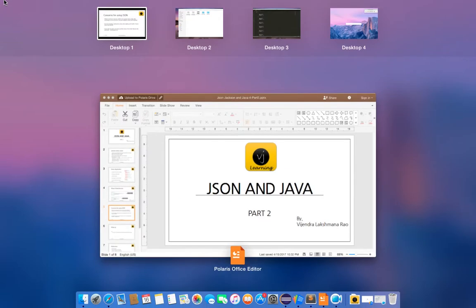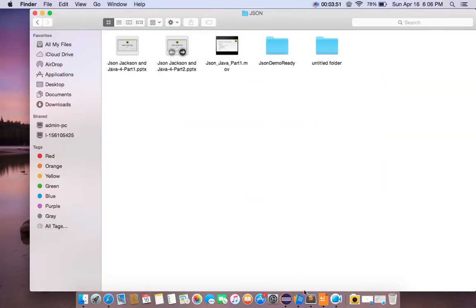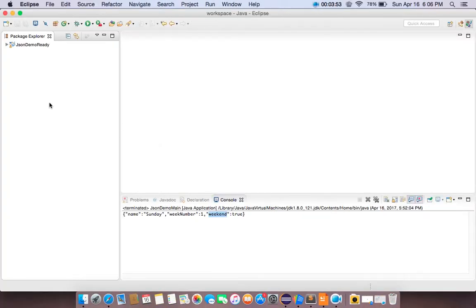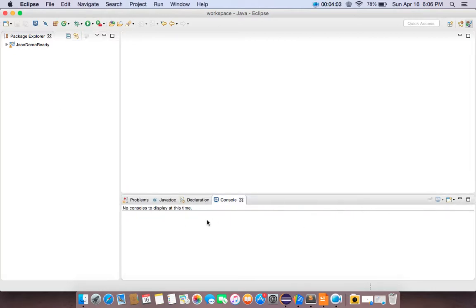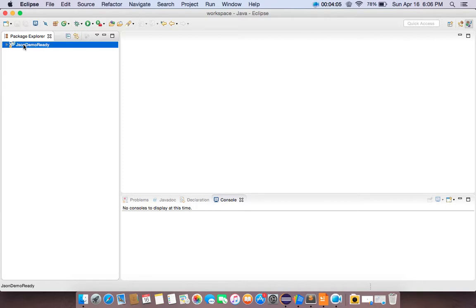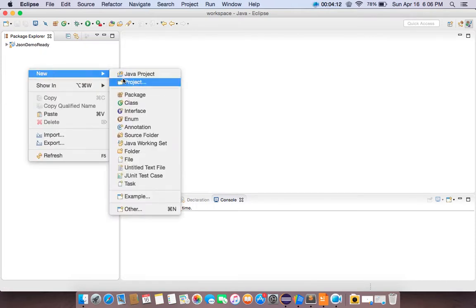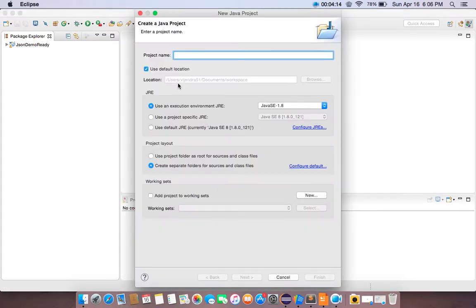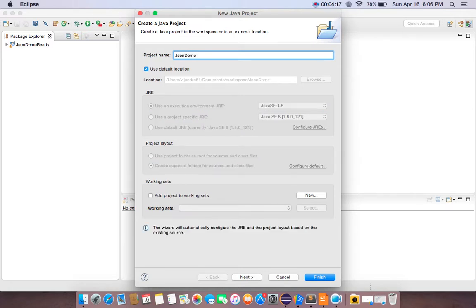So let's quickly move on to the application. Okay, so I'm going to clear the screen here. As you see, this is a ready project, so we're going to go through that as well. But before that, we'll quickly create a simple Java project. So let's do that. JSON demo